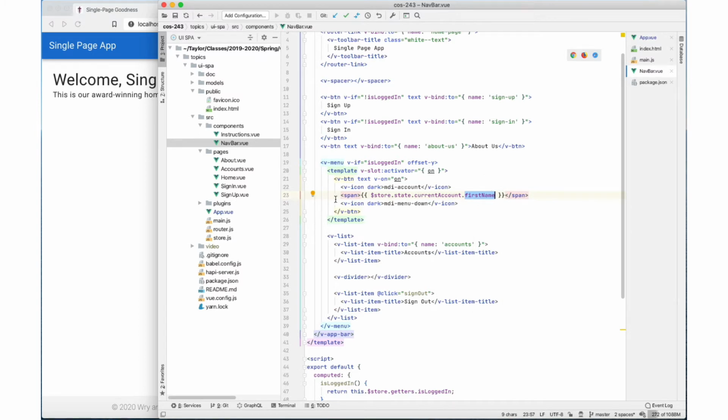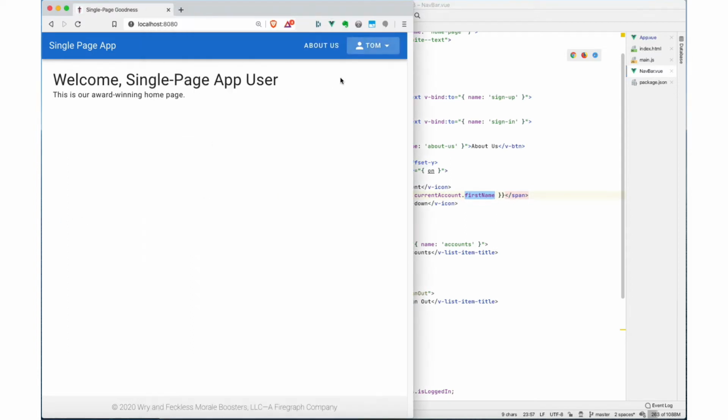We'll come back and talk about how this expression works, but the bottom line is that this is just ordinary JavaScript. Vue is going to evaluate it and replace the value of that expression in place of the double curlies and the expression itself. So that's where the Tom shows up in here, because I logged in as myself. My account has a first name of Tom, and that value is coming out of that variable to fill in the contents of the